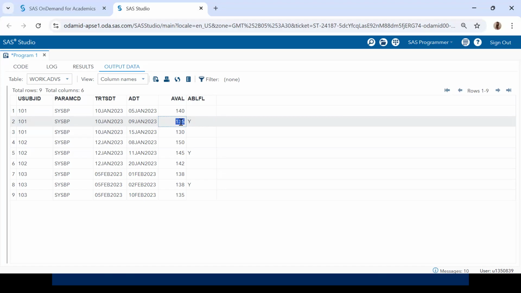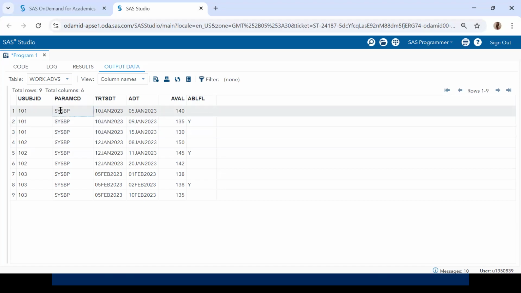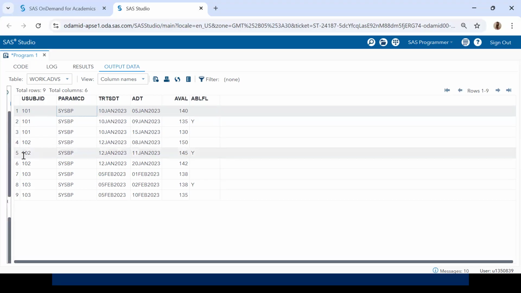This means that for SYSBP, that is the systolic blood pressure PARAMCD, USUBJID 101 has the base value of 135. And similarly, for the second subject 102, the base value for systolic blood pressure is 145, and for 103,